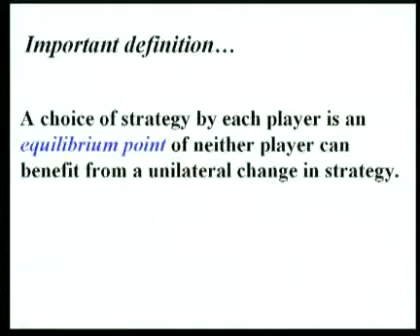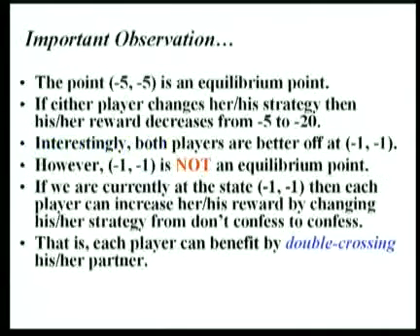So now let's get to another definition here. It's an equilibrium point. A choice of a strategy by each player we'll call an equilibrium point if neither player can benefit from a unilateral change in strategy. And what does that mean? The point -5 I'll claim as an equilibrium point, and here's why. If either player changes his or her strategy, then his or her reward decreases from -5 to -20. Remember, you're sitting off in that lower right-hand corner of that matrix. And you can either go to the left or up. If you go up,